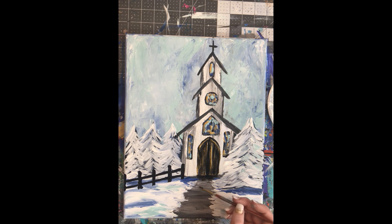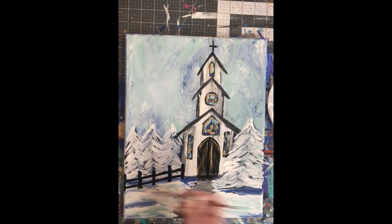Just like that. I'm going to come in very lightly with this dark color right underneath my snow. I'm just going to do a couple of very light brush strokes of that darker color right against that edge. See how that creates a little bit of a shadow there? Do the same thing on this side. So I'm just coming underneath where I had some of this snow overlap my path,